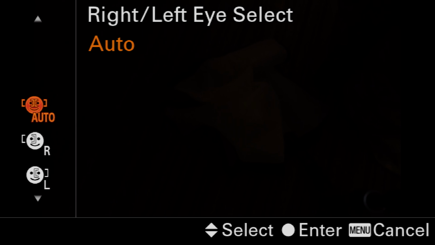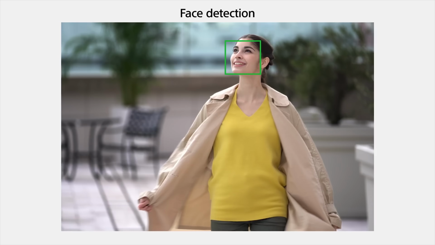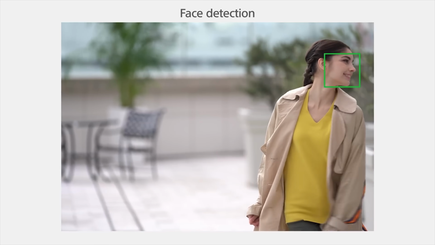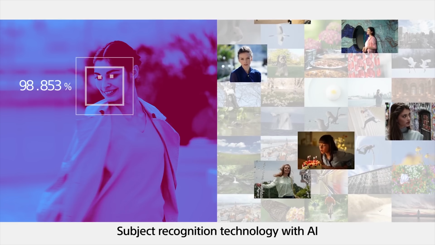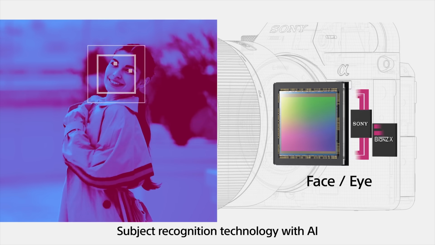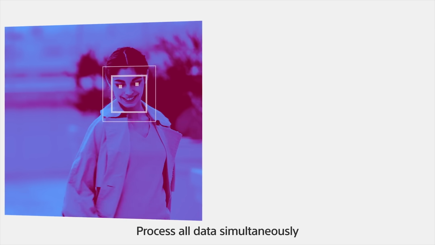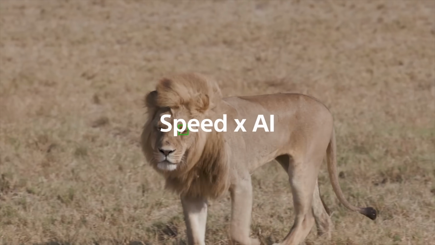An example of how this could be beneficial is when you're shooting with a model with the thinnest strand of hair obstructing one of the eyes. Sometimes the a6500 would focus on the eye with the most obstruction, but with the a6400 you can choose the other eye. Unfortunately, we weren't able to try out animal eye autofocus because the update for this will be available